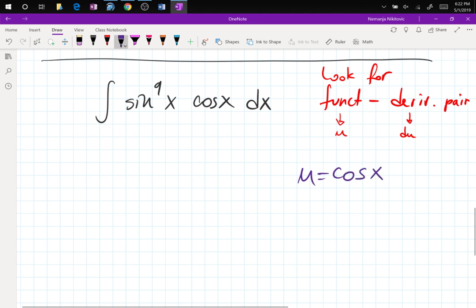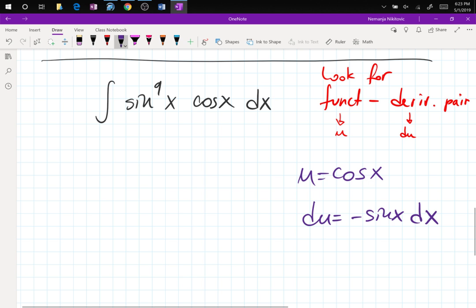That's the wrong choice. du is negative sine x dx. I don't care about the negative because look, I fixed the negative right away. It's not a problem at all. Put two negative signs and done deal. The issue is